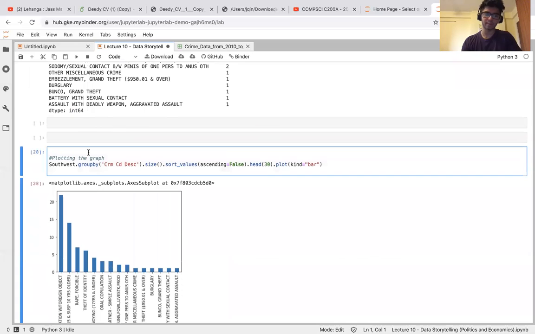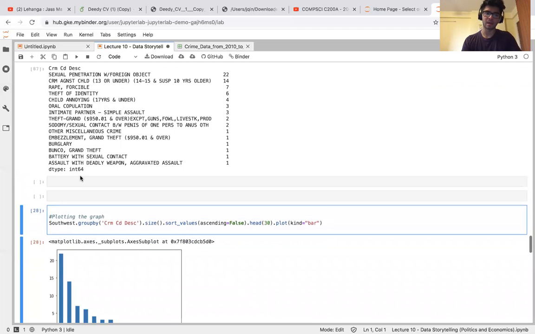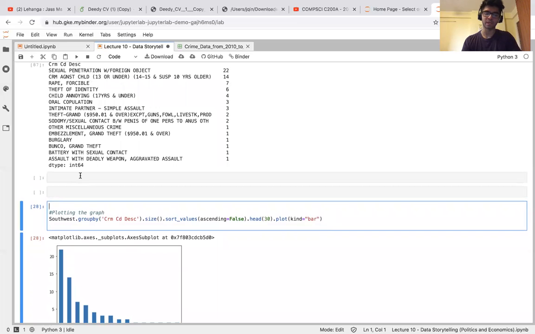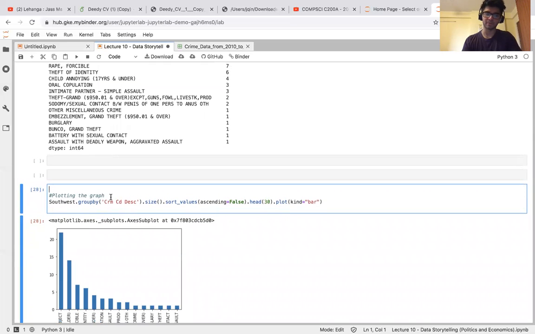Another thing which we might want to do now, in order to get a visual understanding of this, is to plot it. Since all of these are categorical variables, one plot which is extremely useful is the bar plot, as we've talked about before.